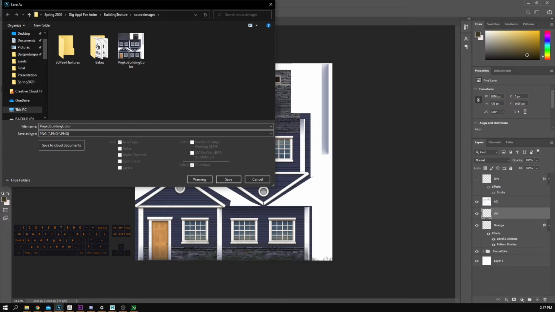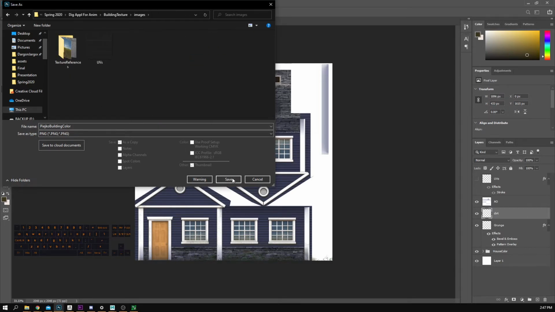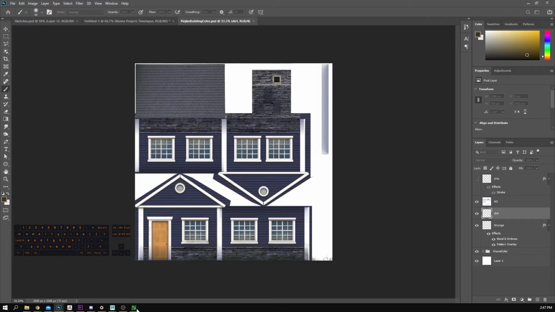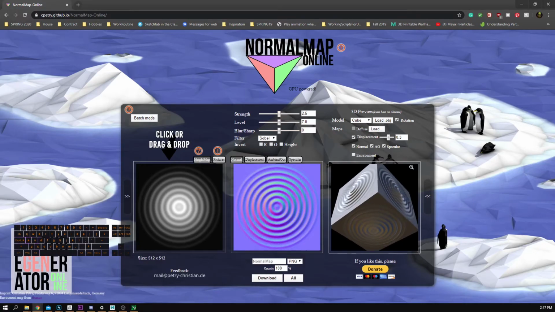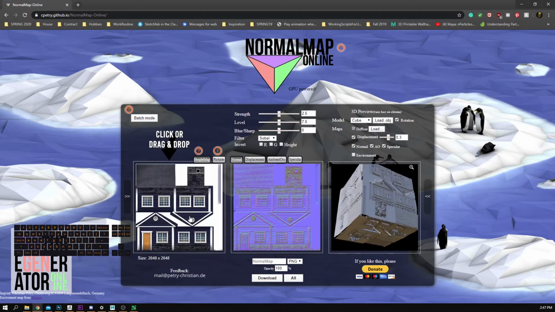Okay, source images. So that should be under images now, because that's the place that we need to keep this. So now that this is here, I'm going to go into that website. I'm going to left click and drag that color map into my